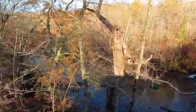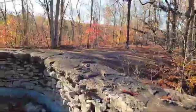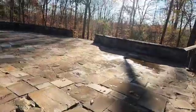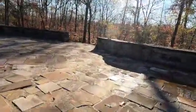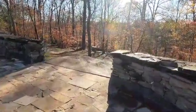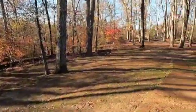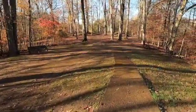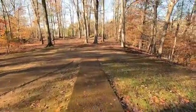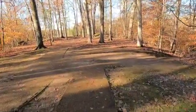Kind of cool. Still a few leaves on the trees, but for the most part, it's all gone. There's a few miles of trails here. There's several loops, several different ways to go. We're not going to go into the